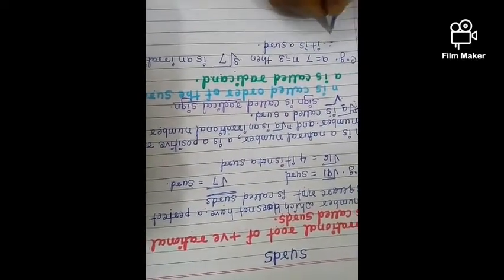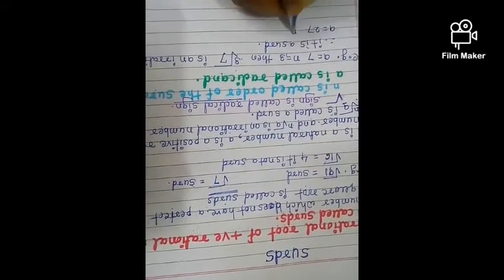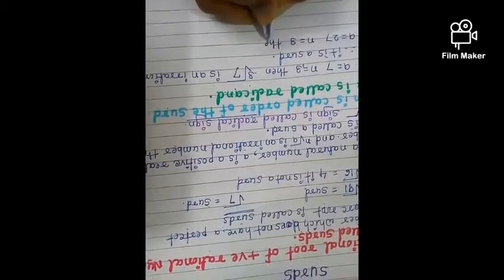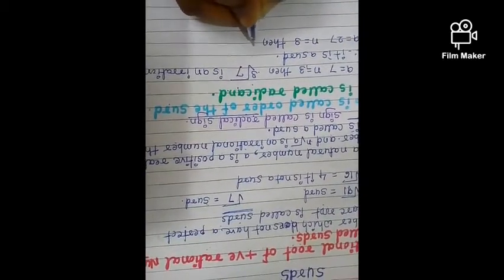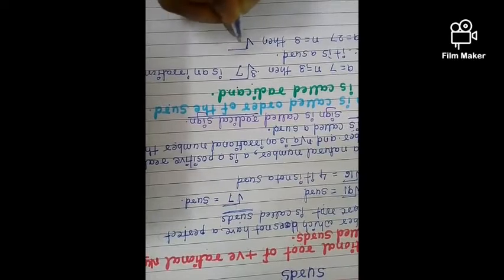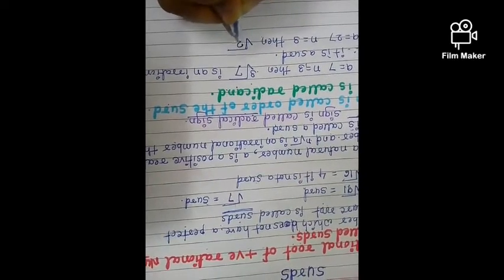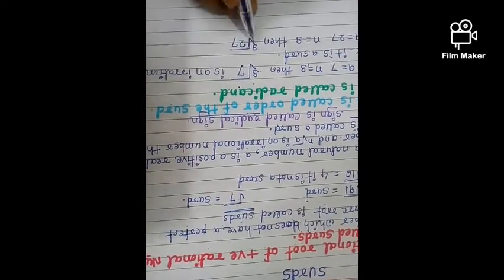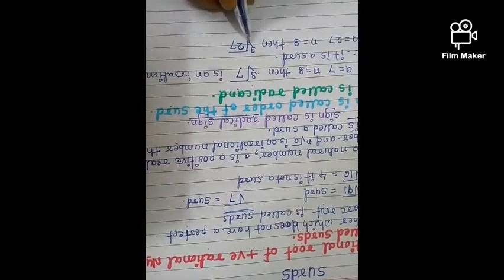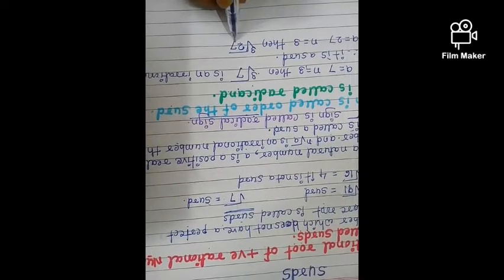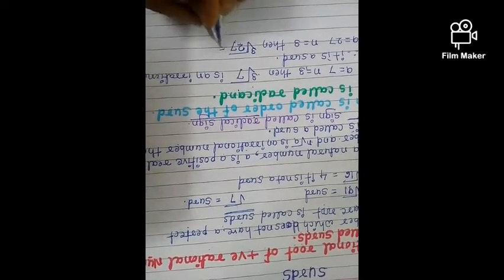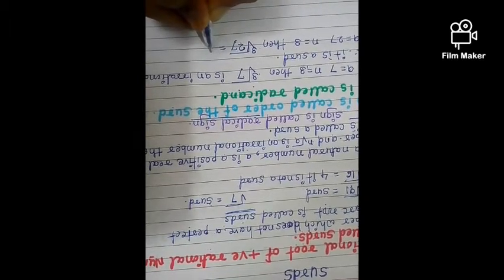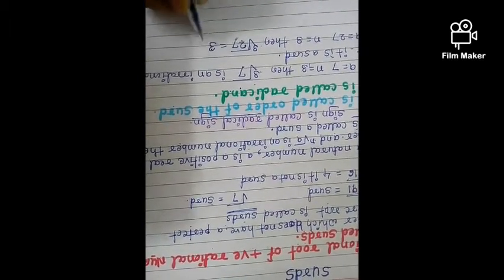So students, suppose a is equal to 27 and n is equal to 3. Then how to write this? How to represent this? Write down the radical sign first, then write 27. Here the order is 3, so cube root of 27. 27, which number's cube root? 3 times 3 is 9, 9 times 3 is 27, means 3.